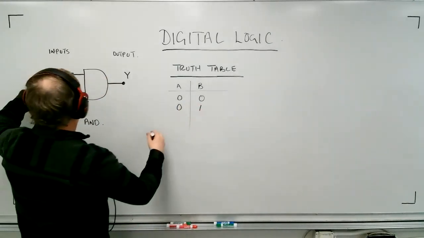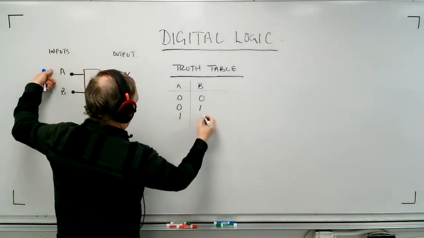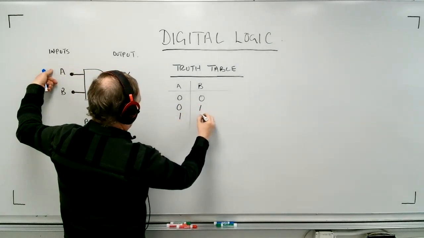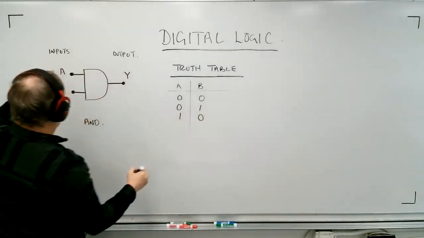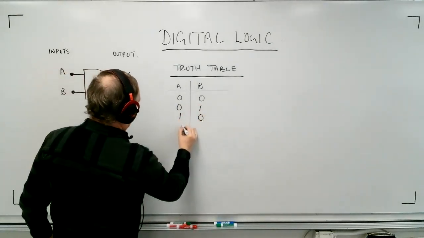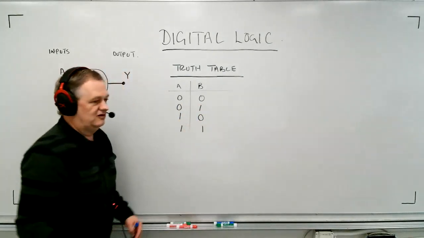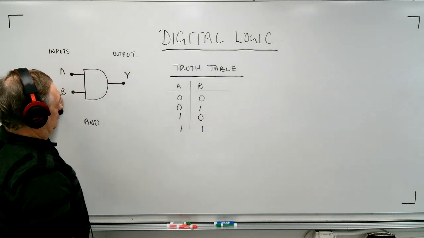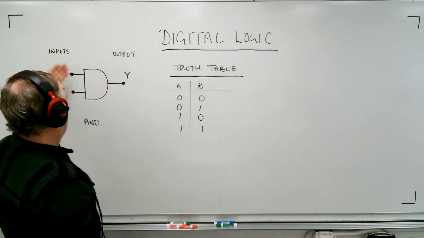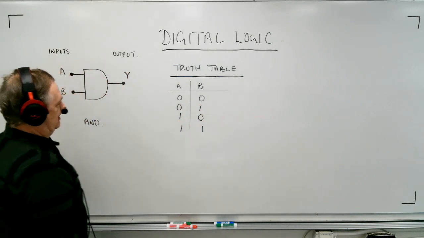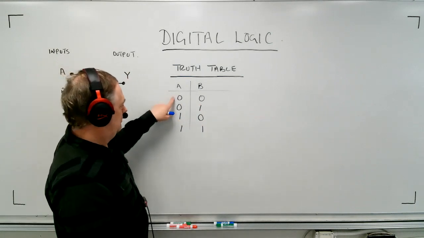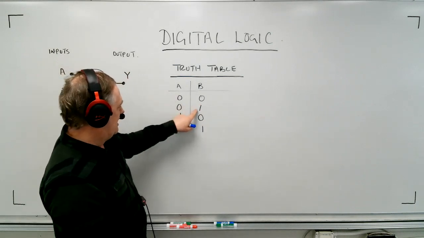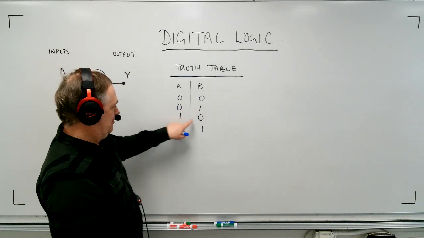Or I could have it where A is a 1 and B is 0. Or I could have it where they are both 1. Now, when I say 1, this is just a digital form of saying there's 5 volts or 0 volts. And we could also just say high or low, okay? So both low, B high A low, A high B low,